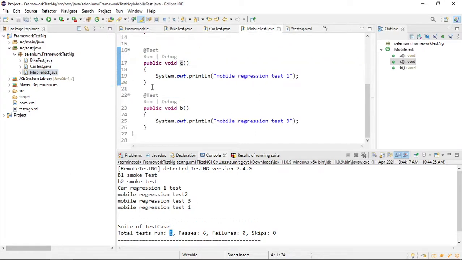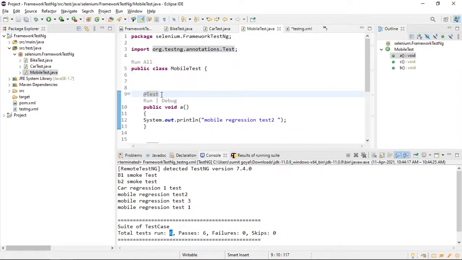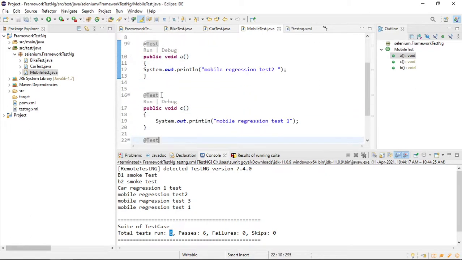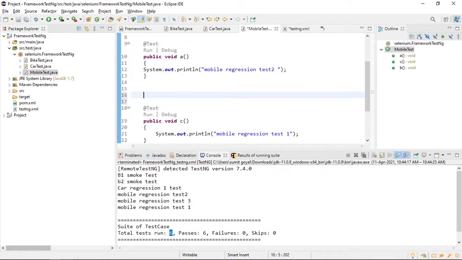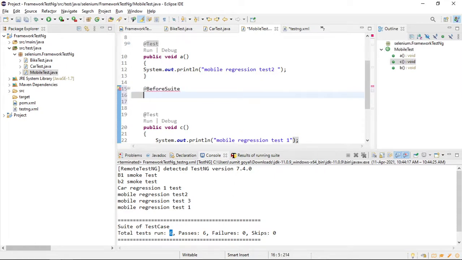If I consider this a mobile test, let me write one more, which is @BeforeSuite. This is one annotation I am using, public void